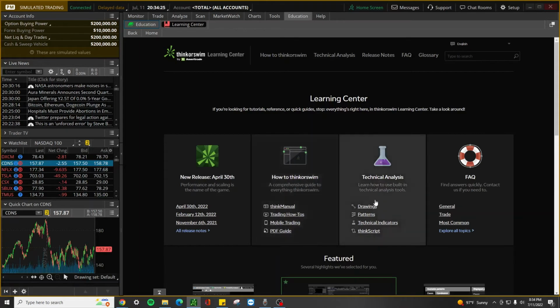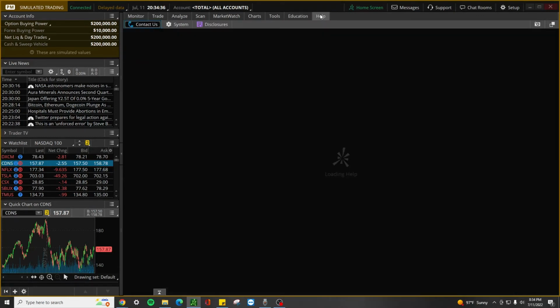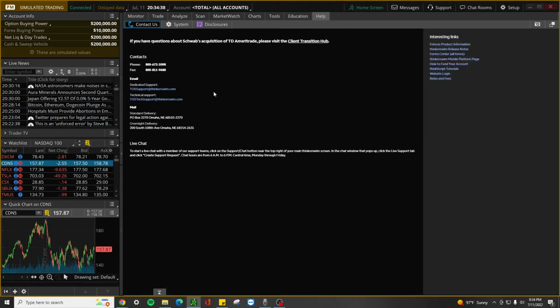So that is essentially the breakdown of the tool's interface itself, or the platform's interface. The other part that we can actually go to in this case would be the setup. So you can go to the application settings. This is where you would make your changes in regards to the